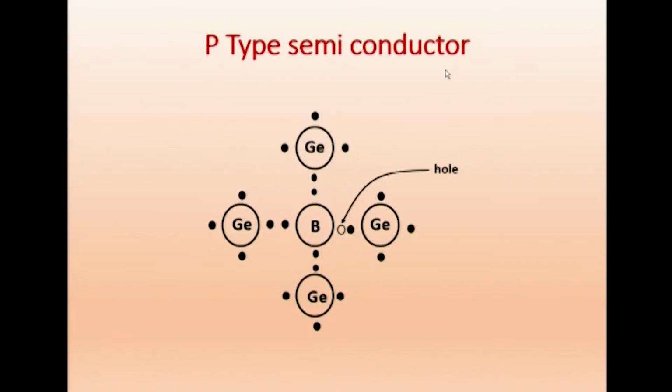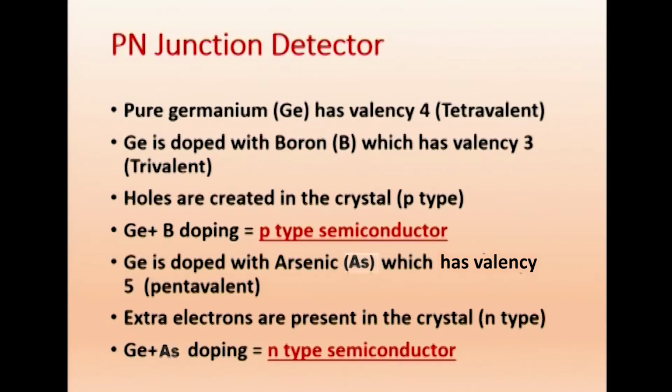Now we will just put it in words. So the PN junction detector: pure germanium, Ge, has valency 4. What we have seen in the picture we are putting in words. Valency 4, that is tetravalent. Now when Ge is doped with boron, B, which has valency 3, trivalent,